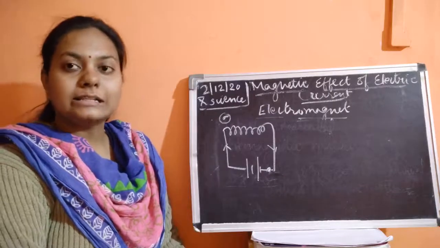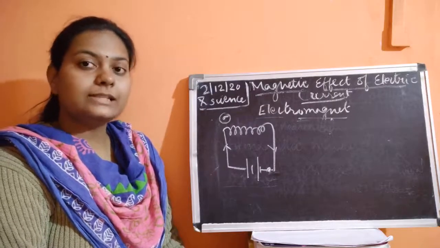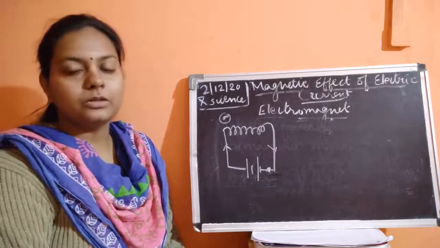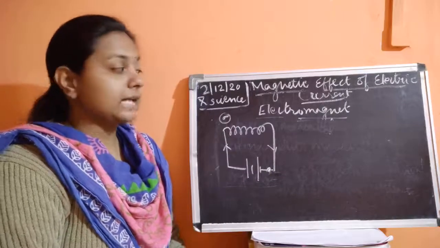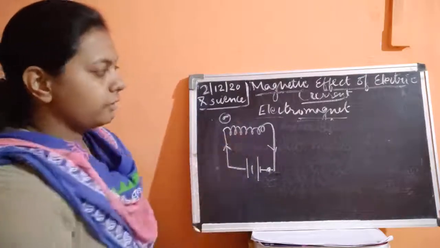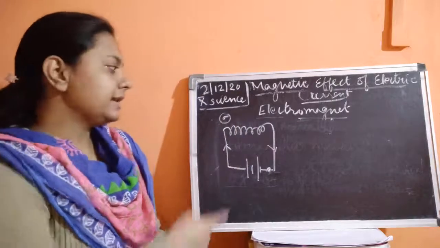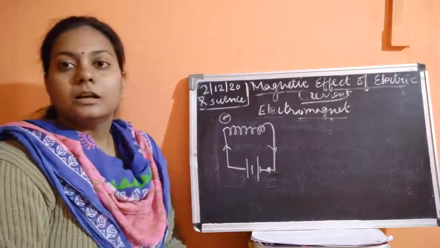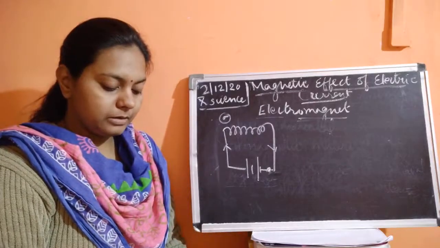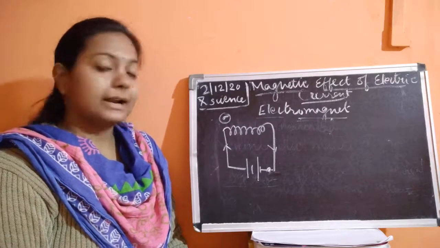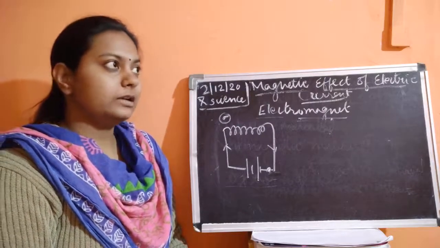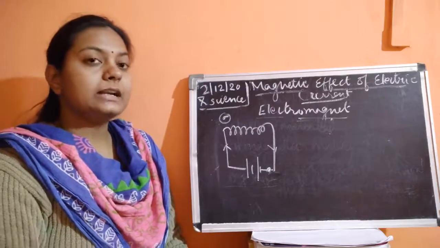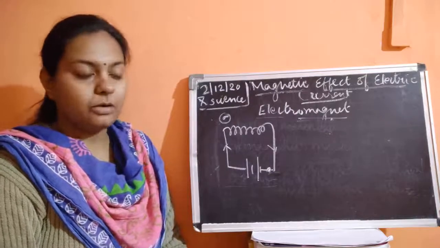It starts deflecting. It was resting in the north and south direction, and it starts deflecting from that north and south direction. This shows that there is a presence of magnetism inside this conductor. So because of the movement of the needle of this magnetic compass, we can easily prove that the insulated copper wire is also showing the magnetic effect, and it is just because of the electric current. How can we prove that?